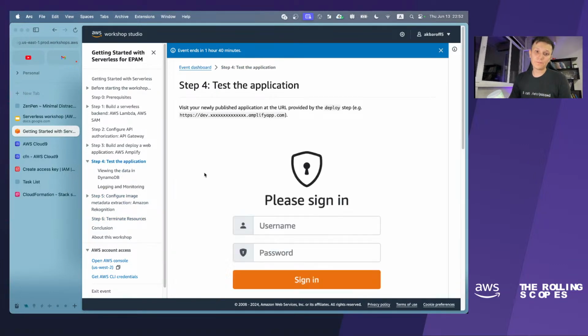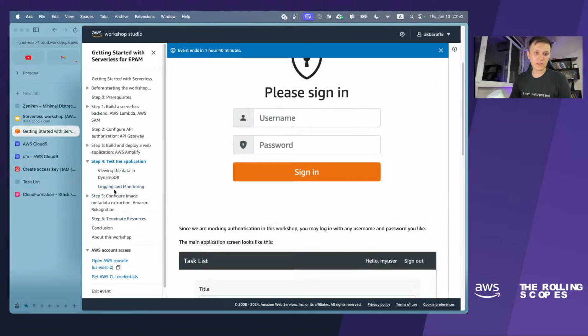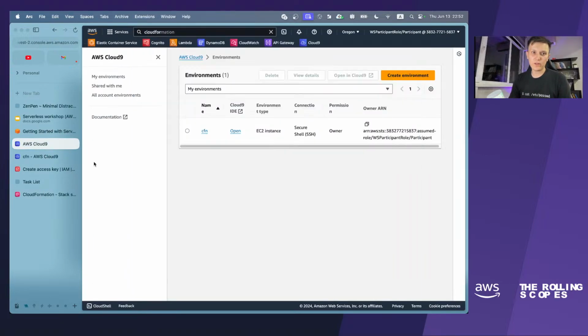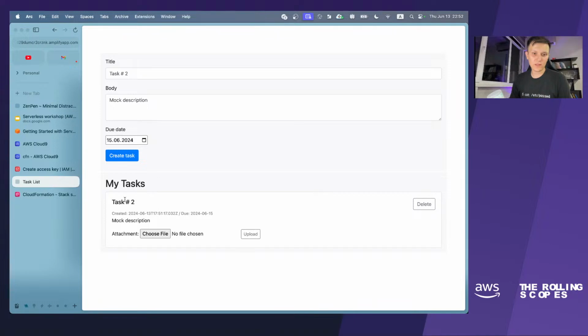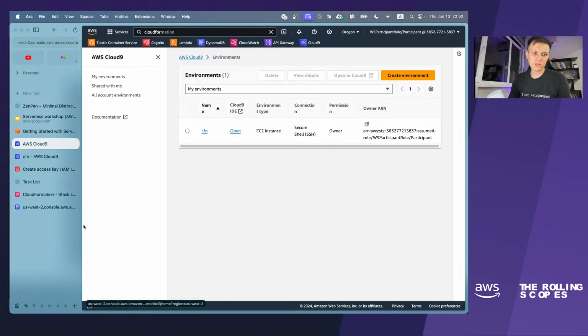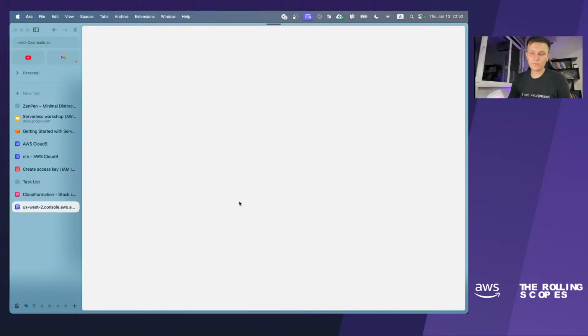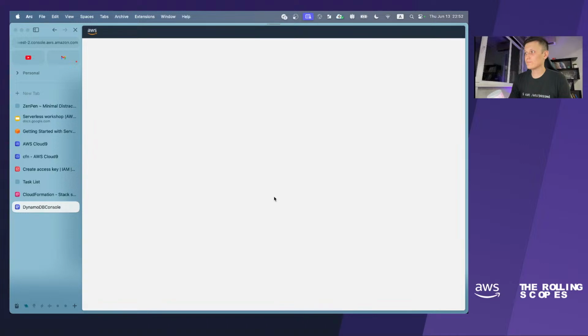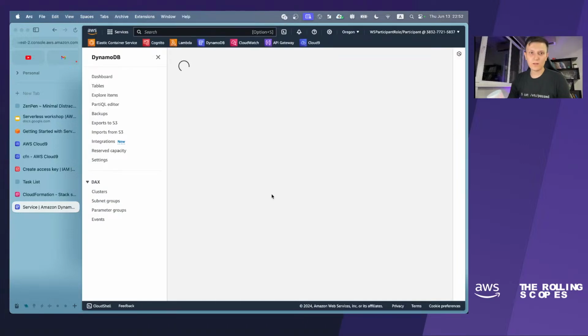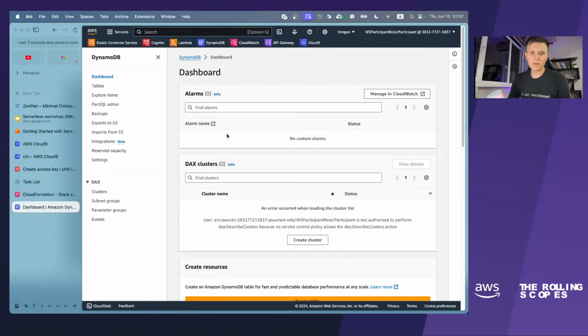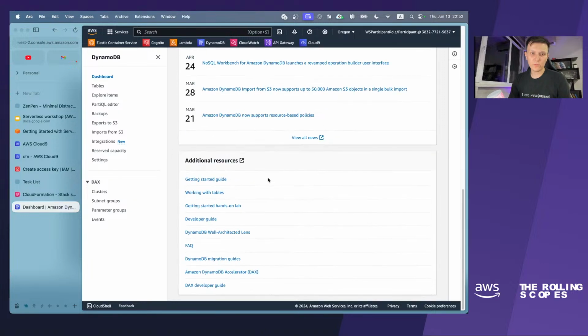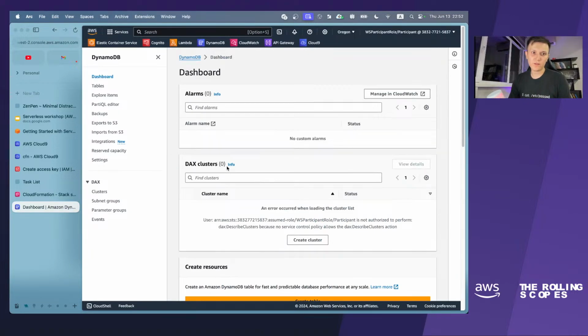Oh yeah, it could be a good idea to try to access the data that we can see here in DynamoDB. How can we do it? We can go to the DynamoDB service, and here in the dashboard we have a lot of information, but the thing that we need is the third link here, explore items.